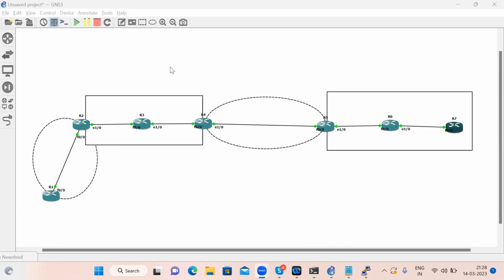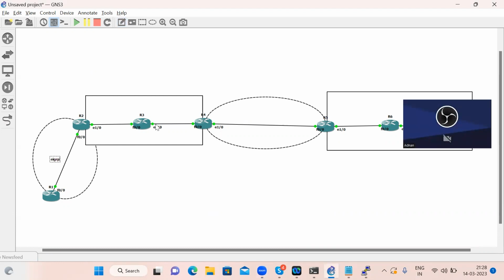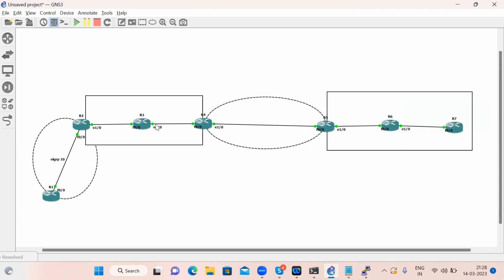Now what we have done in this topology is, we have taken some routers and configured the IP addressing between them. Now, between router 1 and router 2, we will configure a routing protocol, like EIGRP or something. Any routing protocol. Between router 2, router 3, 4, 5, 6, 7, we will configure the OSPF routing protocol by using different area concepts. Between router 2, 3, and 4, we will configure